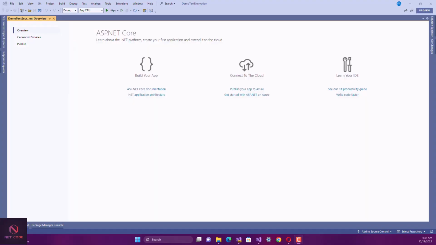So this is what we're going to do. We're going to look at the default way, that is without using any package of encrypting and verifying password. And we have a look on using a package. All right, that's a NuGet package to also encrypt and verify the same password. Let's check the amount of code that we're going to use here, and let's see which one is easier to